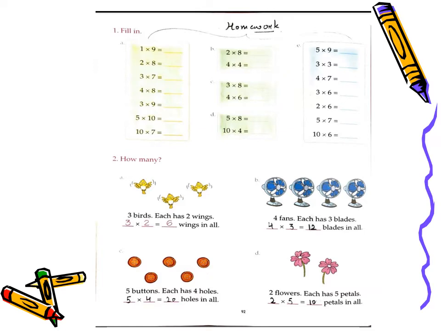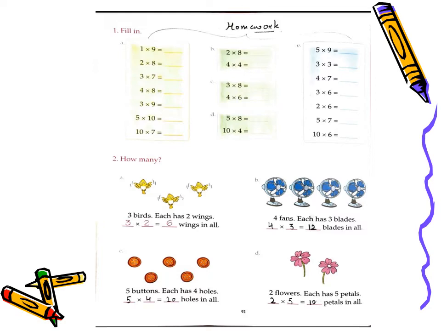Okay, now that you have opened the page, this is page number 92. In question number 1, we have done 2 pages. So question number 1 is homework for you. I repeat, question number 1, I have also marked it on the page. You can see it on the screen. On the page I have marked question number 1 as your homework. A, B, C, D and E parts are your homework. Let us begin with question number 2.